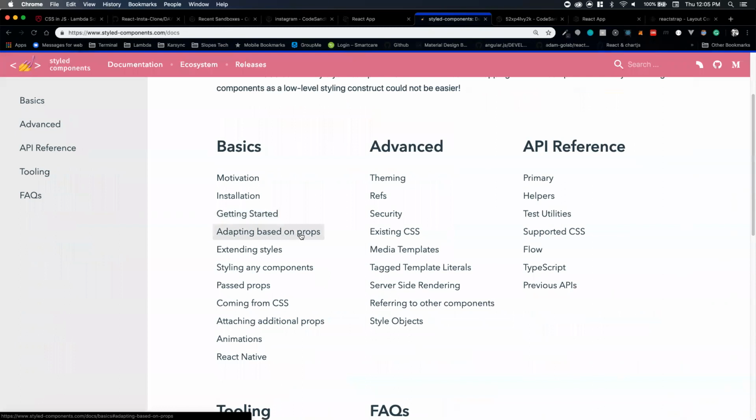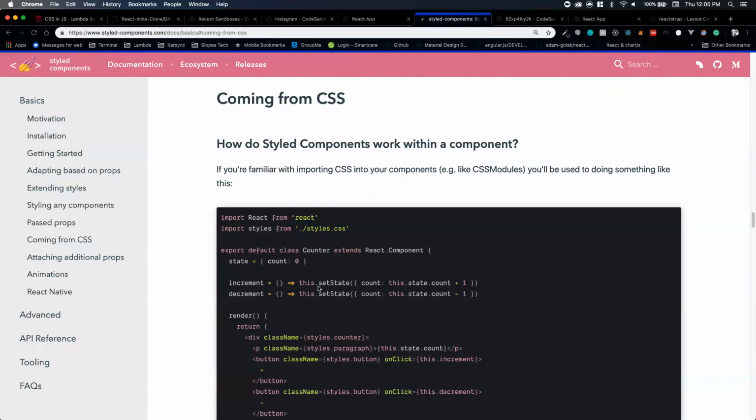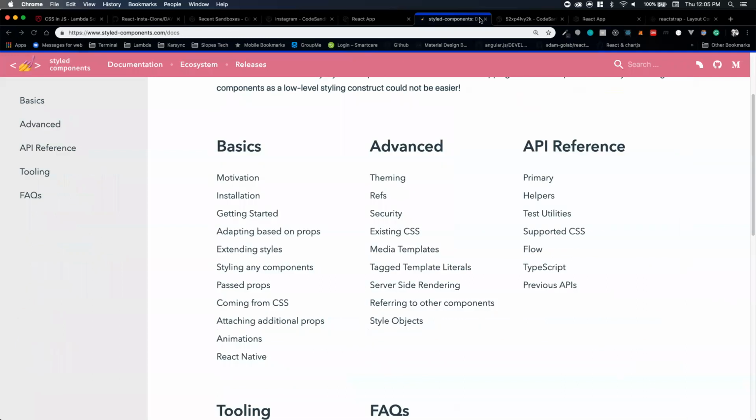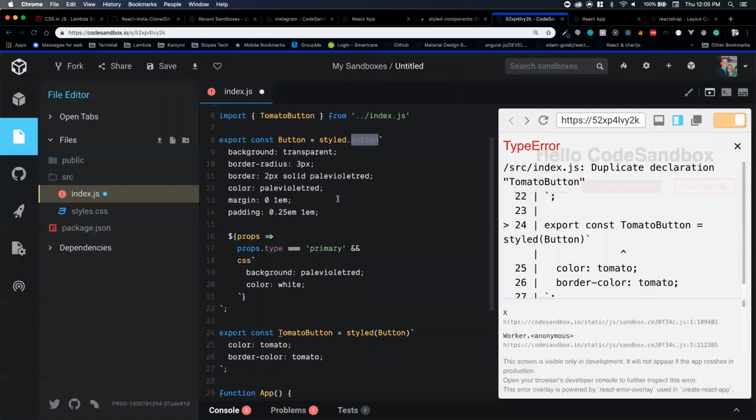Adapting based on props, we looked at that. Styling any components, past props. Coming from CSS. No, we don't really look at that. We can do some other stuff that you are very familiar with. For example,